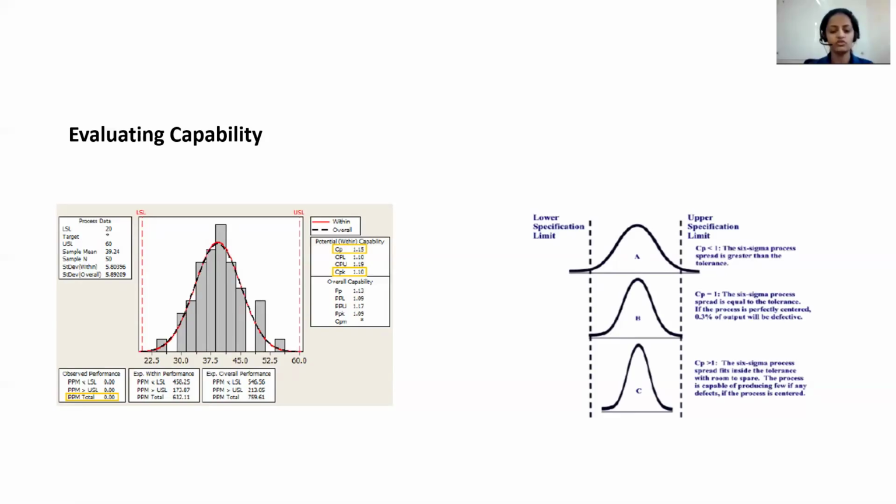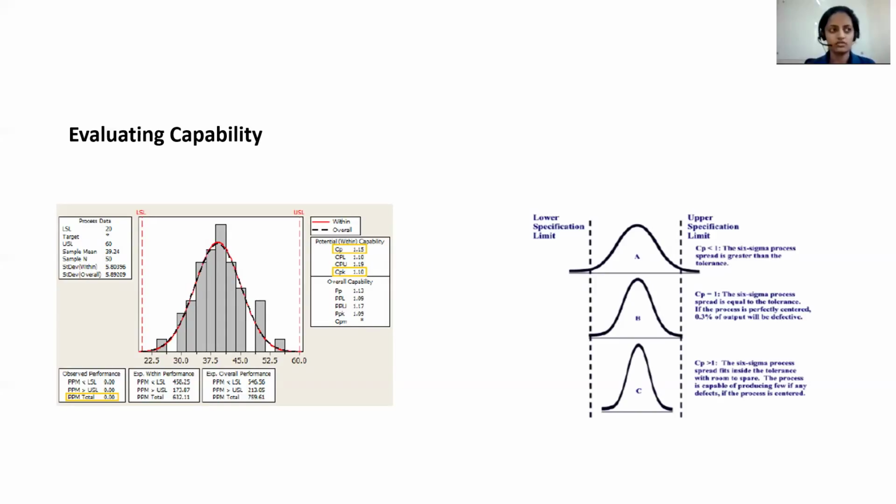These are the indices for the Six Sigma process and the tolerance. If the Six Sigma process spread is greater than the tolerance, like in the first part of the second graph, where we can see that the Six Sigma process is greater than the tolerance,